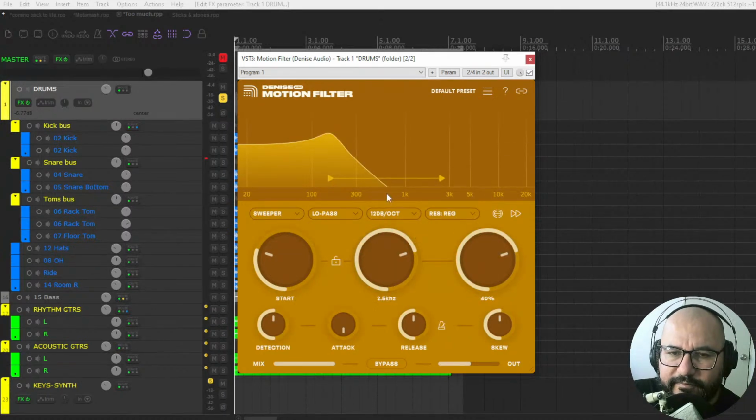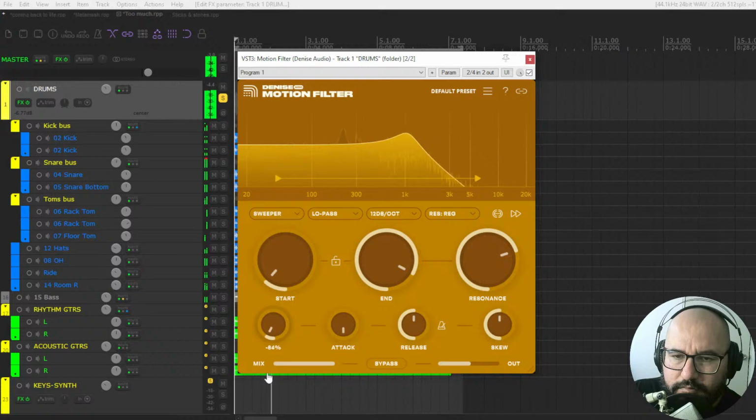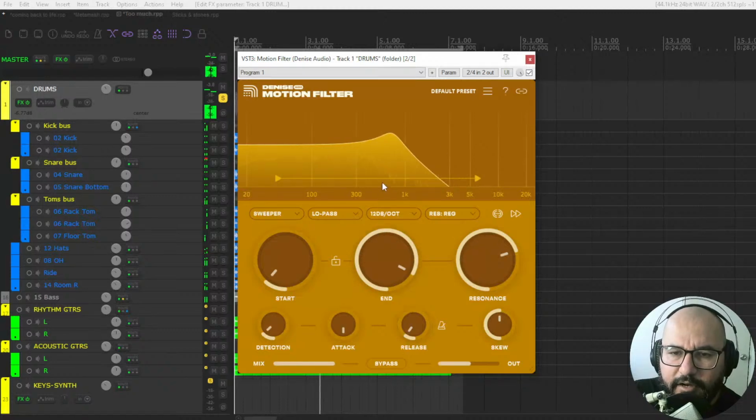So let me go ahead and perhaps check out first the default sound. So we have some drums here. Let's turn it on. Right, start and finish. This is the detection. Okay, faster attack time, slower attack time, reacts slower. Right, the fast recovery time,